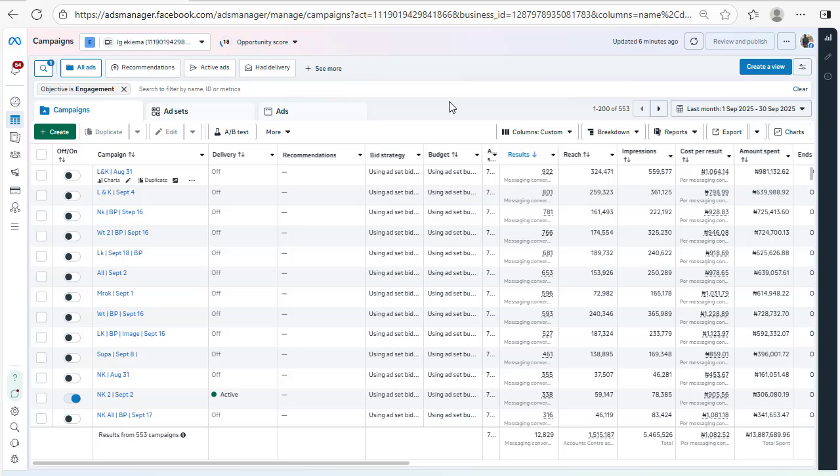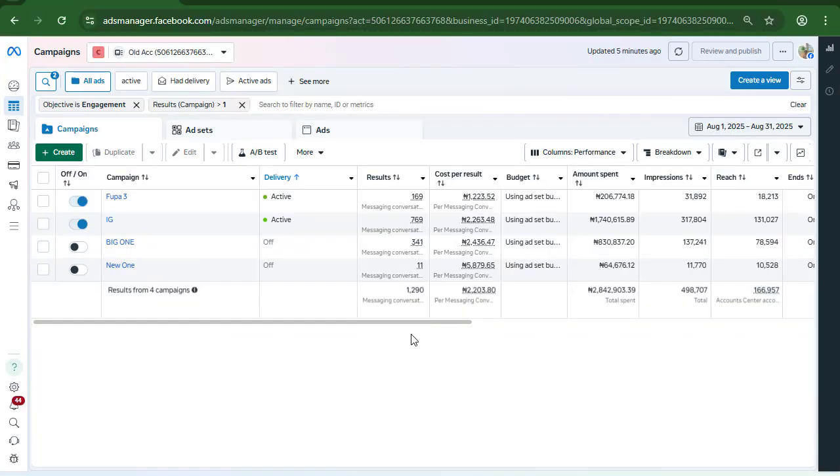This is why when people reach out to me, I tell them that the strategy I'm going to implement is peculiar to your business. The concept I'm using for this particular person is different from the concept I'm using with that particular person. I also got 1,209 messages some months back, even though their cost per message is 2,000 plus and they spent 2.8 million. You can see that some of the campaigns are still active. One of the things we try to aim for is a sort of set-and-forget kind of thing, whereby you just keep funding your account and it gives you that kind of result.